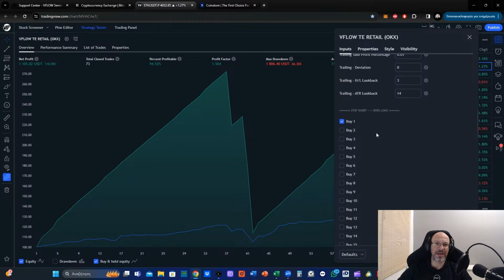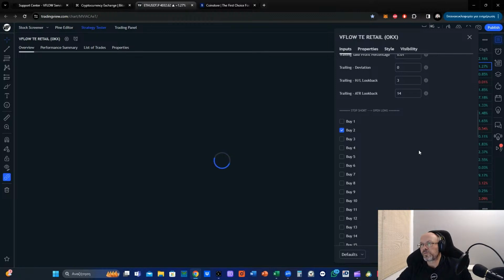As you can see, buy one doesn't work that perfectly on Ethereum. Let's go for buy two. Of course, you can always experiment on which button works best on each token. That's the secret. You have to be patient and you have to make the test to find the best setting